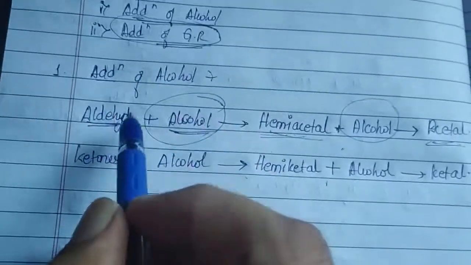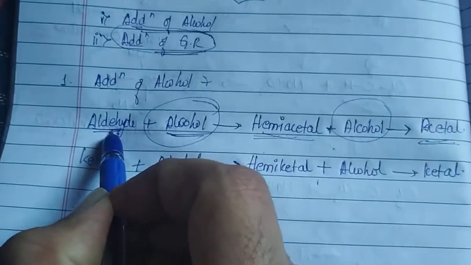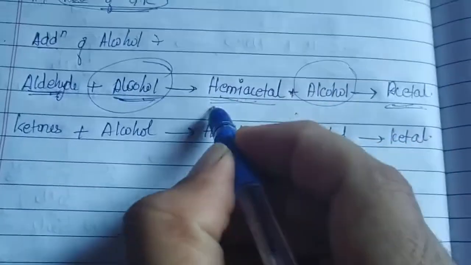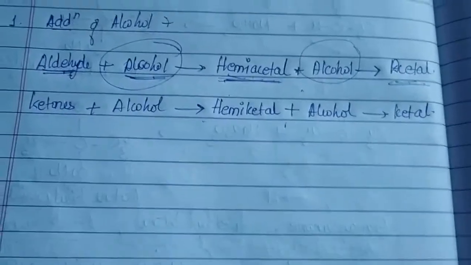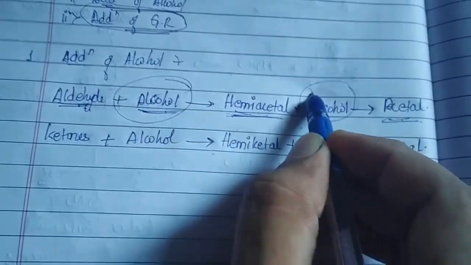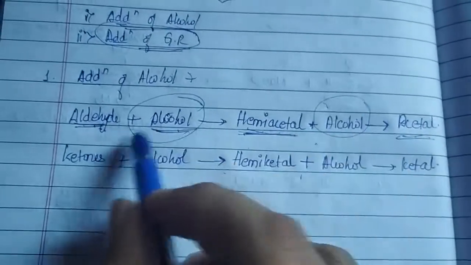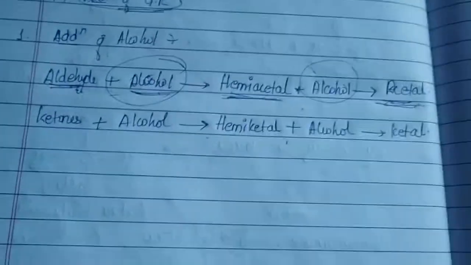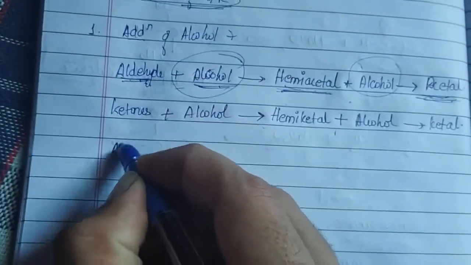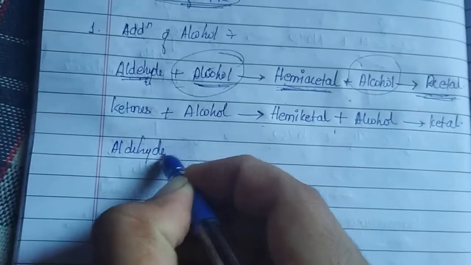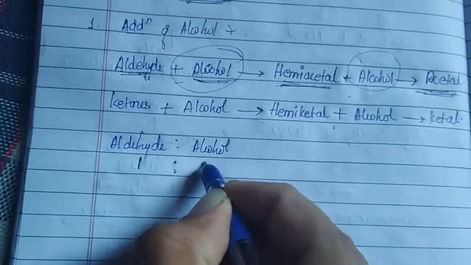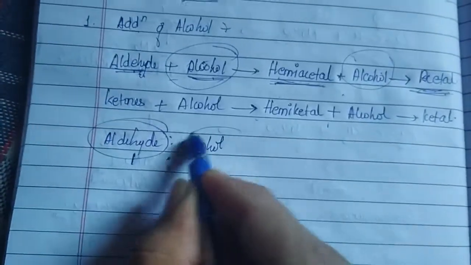Why did I say it? Because remember, whenever aldehydes are treated with just 1 mole of alcohol, you're going to get hemiacetal. But if aldehydes are treated with 2 moles of alcohol, I repeat, with 2 moles of alcohol, you're going to get acetal. So generally, if I want to say it as a ratio, if aldehyde to alcohol is in the ratio 1:1, 1 mole of aldehyde and 1 mole of alcohol,